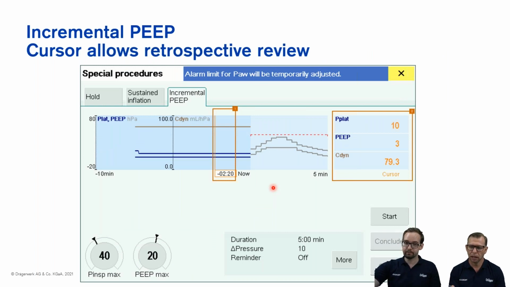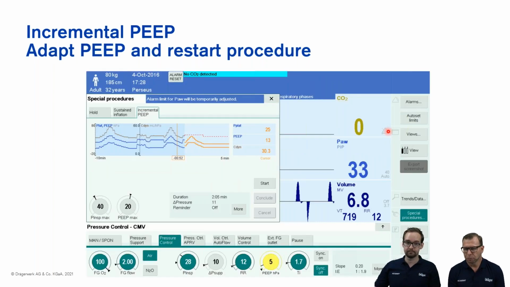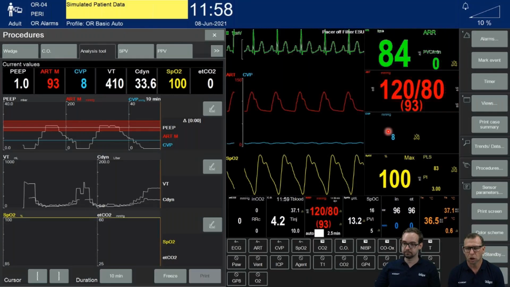The nice thing about the device that we're featuring today, the Perseus, is it gives you that ability with a cursor to be able to go back and look at where your potential opening pressure might have been by keeping an eye on your dynamic compliance and your PEEP. You can adapt your PEEP then and restart the procedure, and Lynn will show you what that looks like in the video. If you have your device teamed up with a modern patient monitoring system, modern workstation from Dräger,